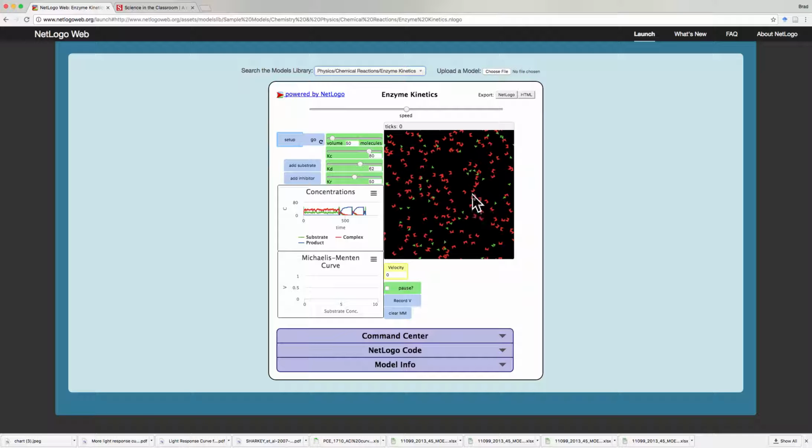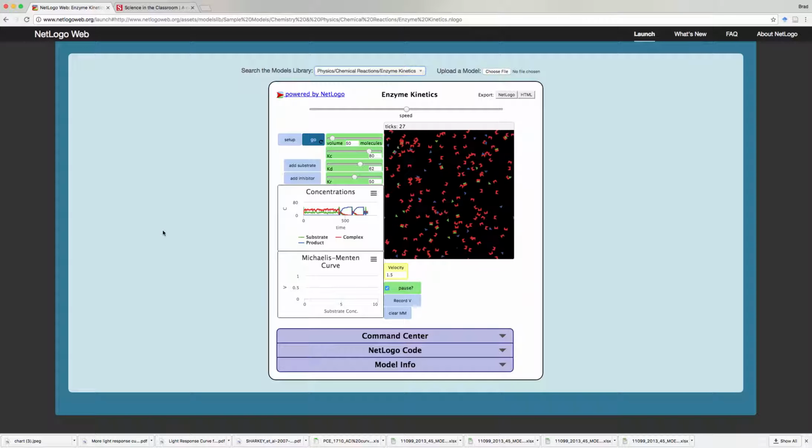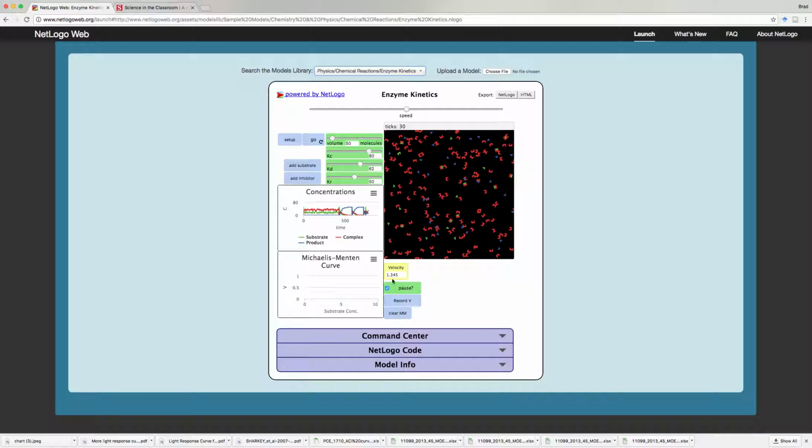New, everything's new. And let's hit pause. And what that'll do is after 30 time intervals, 30 ticks, it'll stop because that'll kind of catch it at the early part of this rise right here, or the other way around here if you want to look at it that way. So let's take a look. Okay, I'm going to tell it to go, and it's going to stop, and it gave me an initial velocity of